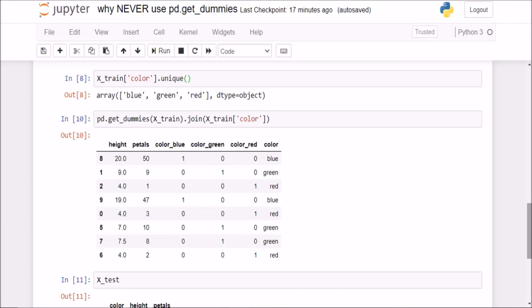I hope you understood why you should never use getDummies. And if you scan through people's Kaggle kernels and find someone has used getDummies, then please comment below that they shouldn't use getDummies in the future because it is wrong, and just spread the word and spread the knowledge.